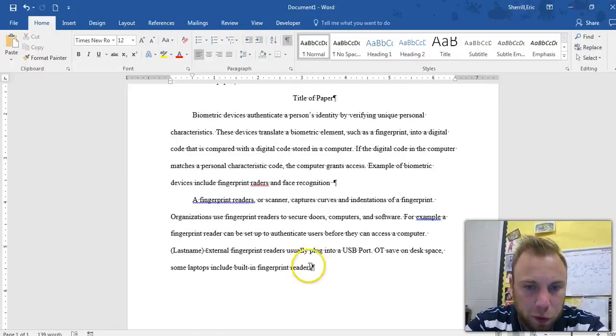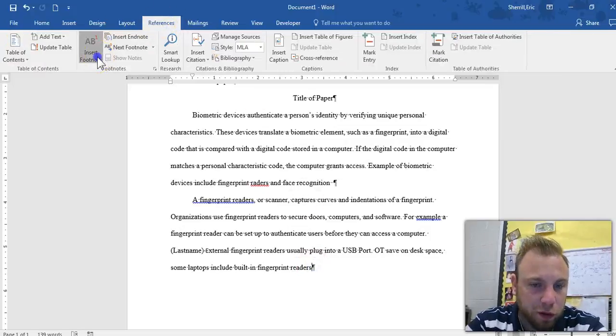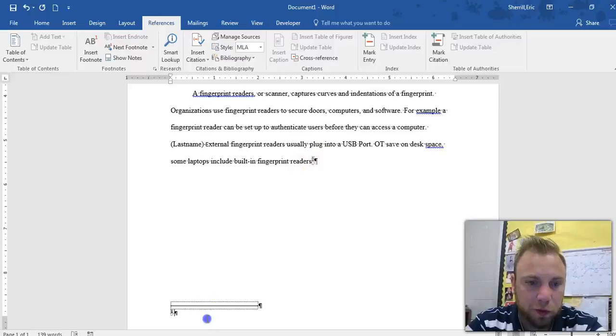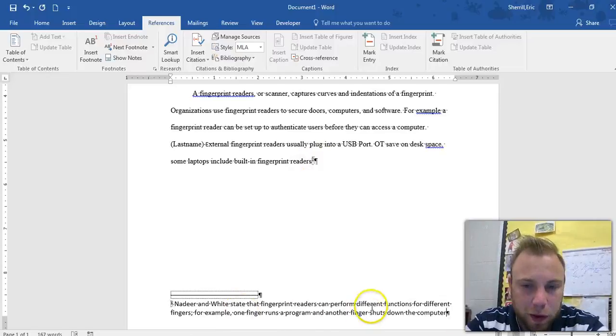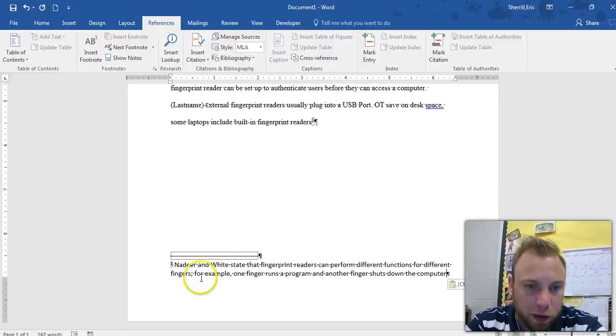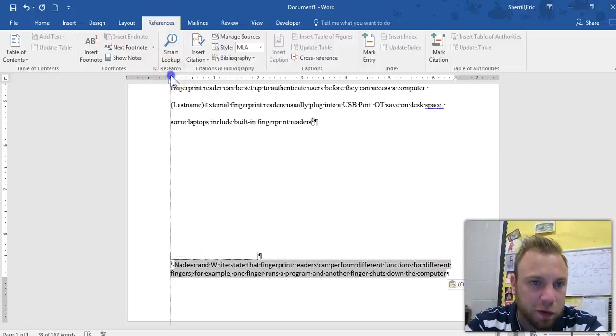Okay, so to put a footnote in, we go up here to references, insert footnote, and that little one appears. I'm going to paste in there. Alright, so the footnote is actually down here. So that little one corresponds to this one, which means information. Just like above, we need to make sure that it's a couple things. That it's a first line indent,